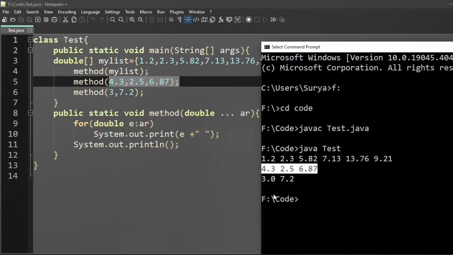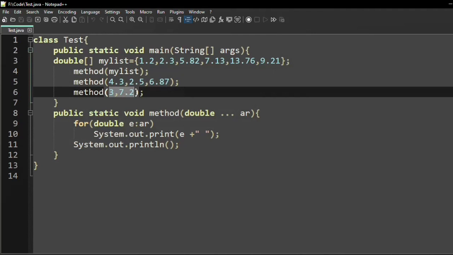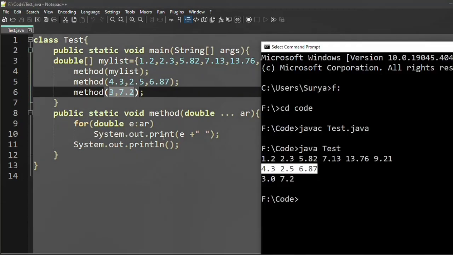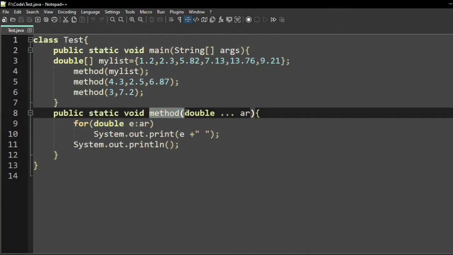Then it is displaying 3.0, 7.2, that means these values. So this method accepts a variable length parameter list and executes successfully.